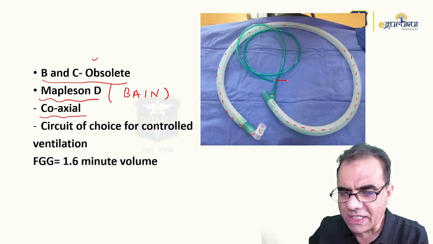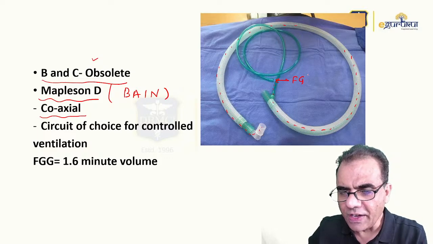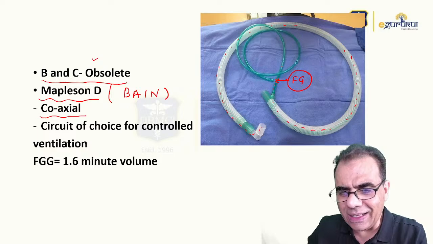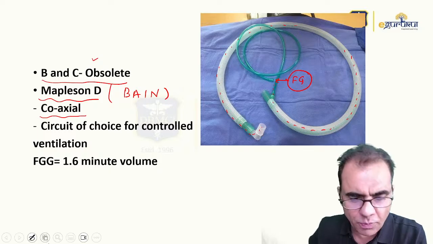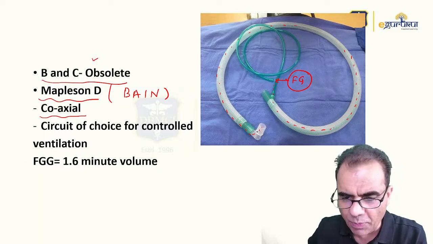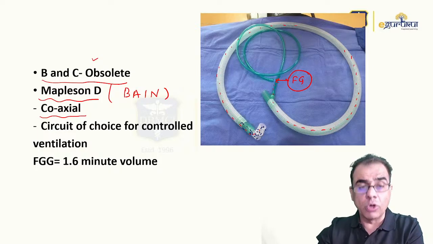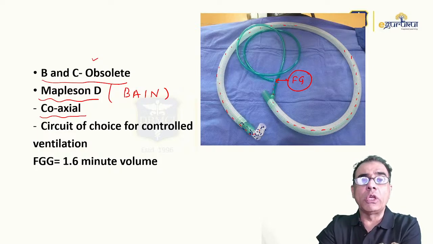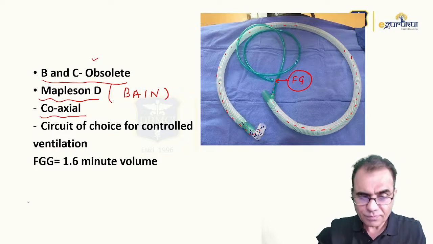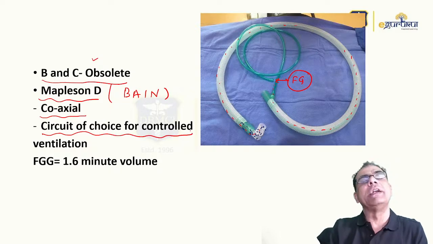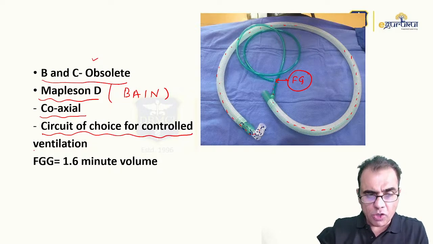So fresh gas will enter into this inner tube and will pass through the inner tube, and expiratory gases will pass through the outer tube. So there is no mixing, only mixing at this small point. So this circuit became very popular, so that you can say that it is the most commonly used semi-open circuit. And it is the circuit of choice for controlled ventilation, and fresh gas flow should be kept